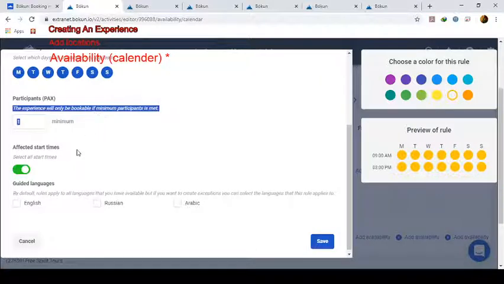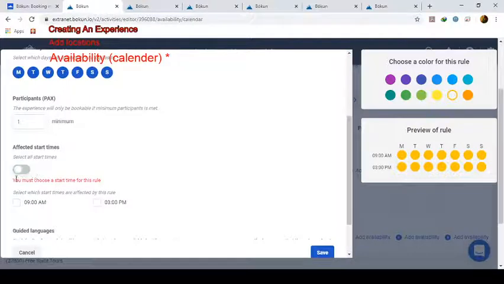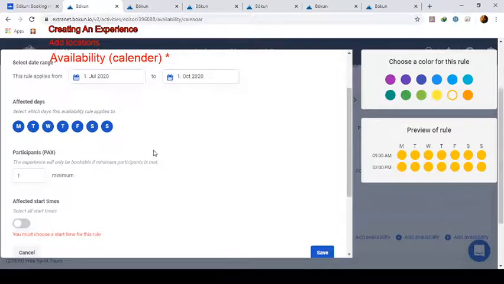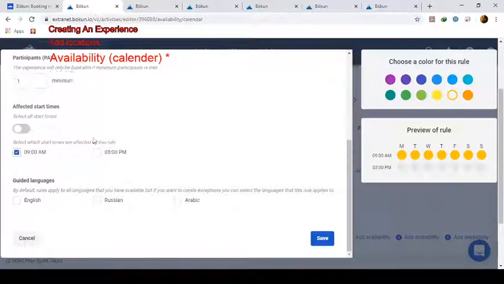The participants means the minimum amount of packs, it will be 1, and the starting time, it will be all of them. I can specify which starting time I want this rule to be on, so from 1 July till 1 October, I want this program to start from 9 AM, let's say, and when this one starts, the tour guides will be English and Russian. With the next rule, let's say, I will add 3 PM and an Arabic tour guide. So I will add this rule, save,